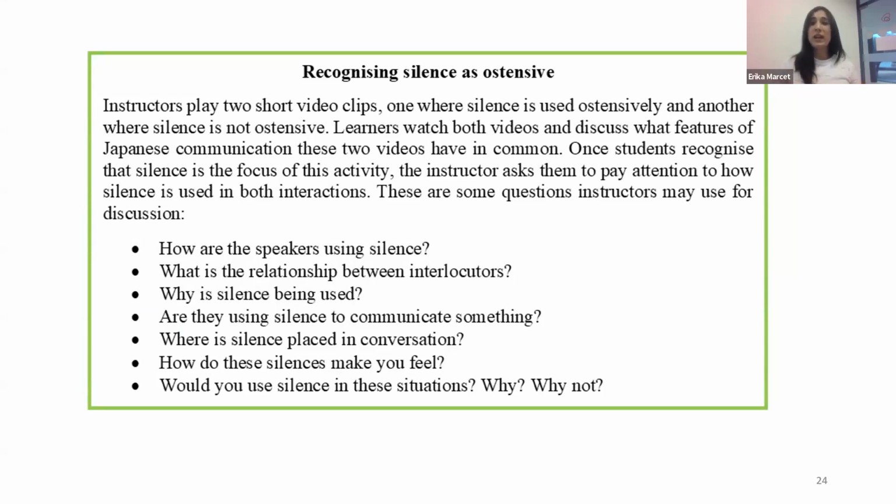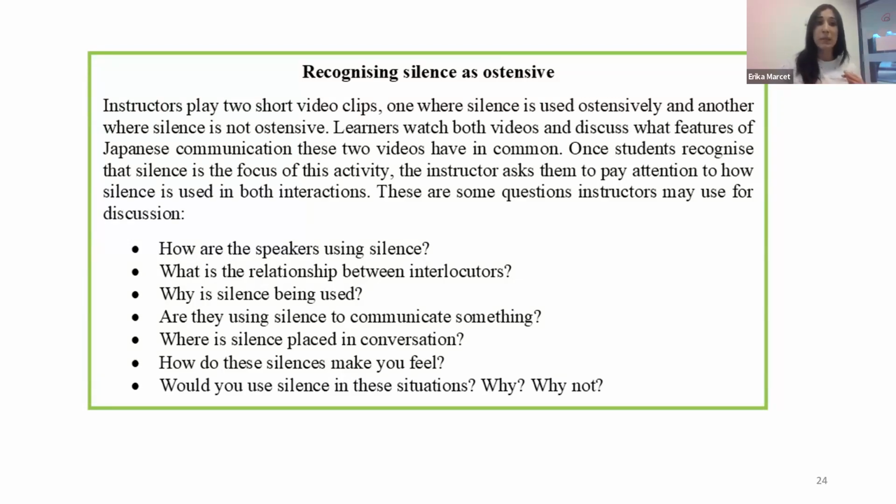As you know, sometimes we use silence and we don't mean anything by it, but sometimes we use silence to communicate our intentions. So we could show two short video clips in our classroom, one with silence being used ostensibly and one not being used ostensibly, and prompt learners to identify which one is a communicative act and which one isn't. At this stage, learners do not need to know what the pragmatic effect is or what these silences mean, but they must simply understand that, as happens in their L1, we use linguistic and non-linguistic features to communicate meaning, and that we need to pay attention to them and become familiar with these features to be able